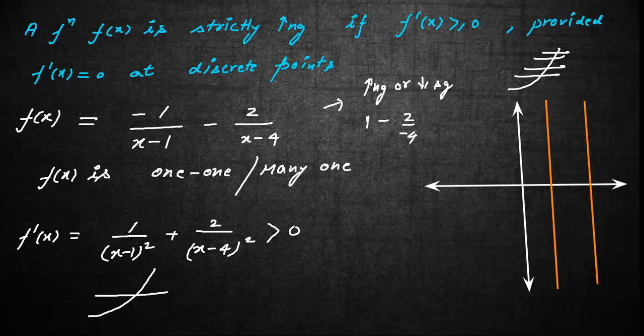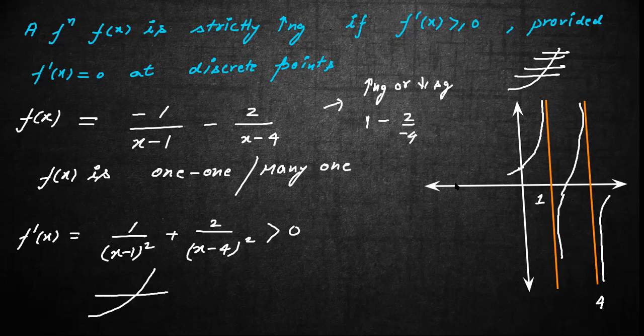So what you can do is draw the graph. We are just worried about x equals 1 and x equals 4. So this will be going something like this, right? Whatever is happening here will happen. Now again, this is approaching minus infinity when approached from 1 plus, and here it is approaching plus infinity when you are approaching 4 minus, right? And the same thing will be happening. We'll start here, so it will go like this. So this will be the kind of graph that will be formed.